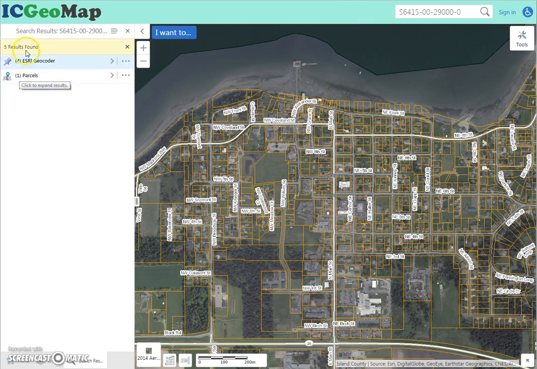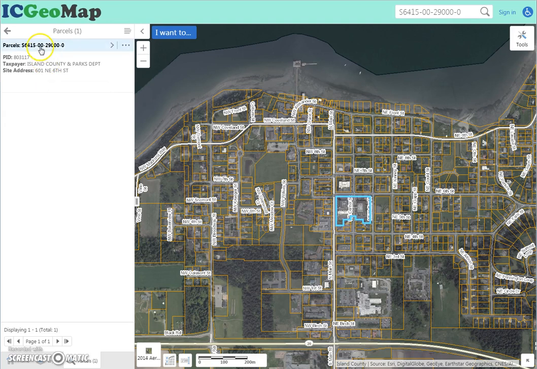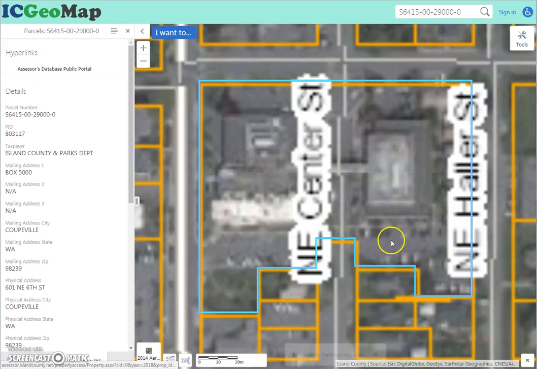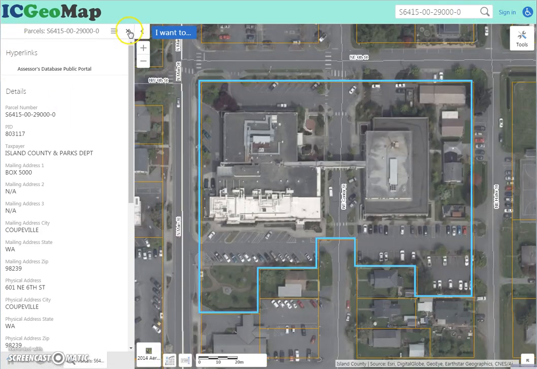And you can see here I've got some geocoder results, but I put in a parcel number, so I don't really want to see where an address fits that. But I do want to see the parcels, and by clicking this I can zoom right to it. So nice and easy to use. Again, you can put in a street address and it's going to find the same thing for you, all the streets that have that. So I'm going to X out here